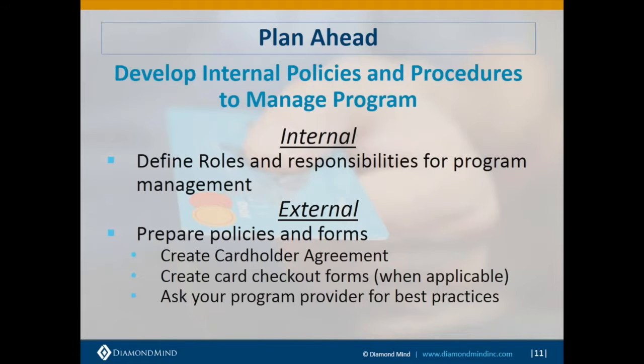So when getting started, the first thing that we want to do is plan ahead. We want to develop internal policies and procedures to really manage our program. We want to define roles and responsibilities for the program, and we want to make sure that the policies and forms that we have in place, such as cardholder agreements or card checkout forms, are available. Another thing we really want to do is know who should get cards and when,